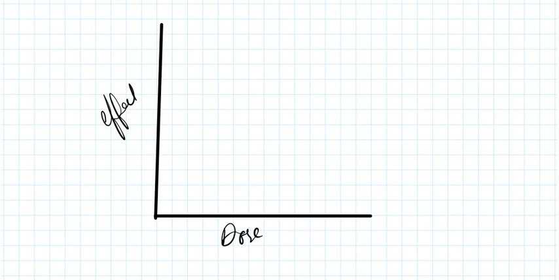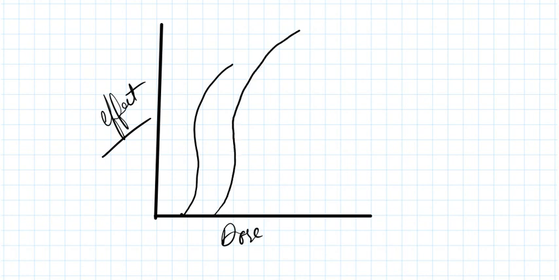This is the effect and this is the dose. Now drug A has given the effect at this dose. Drug B has exhibited its particular effect at this dose. Drug C has given the effect at this dose, and drug D has given the effect at this dose. Now if you ask me which is the most